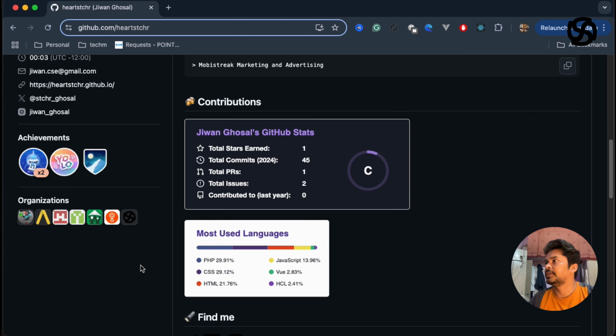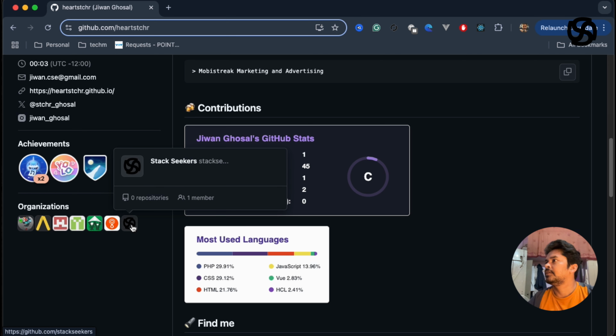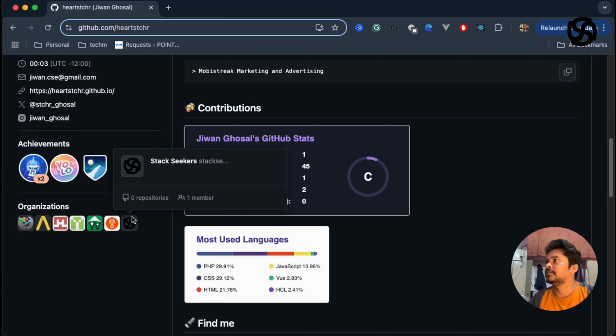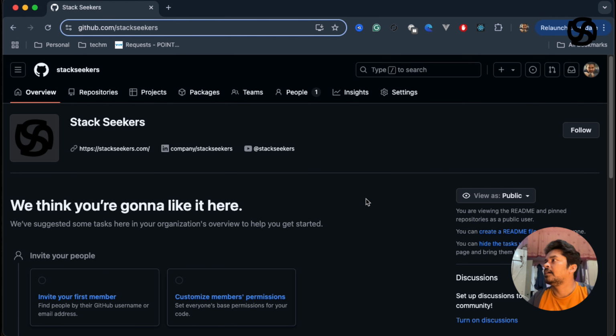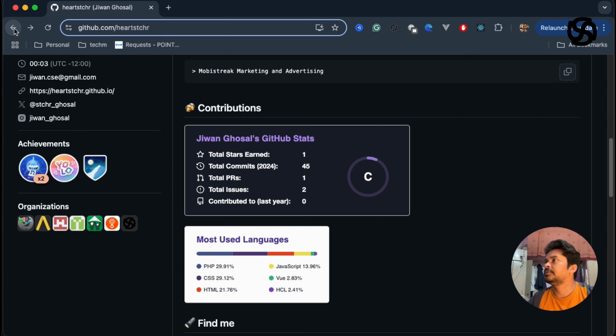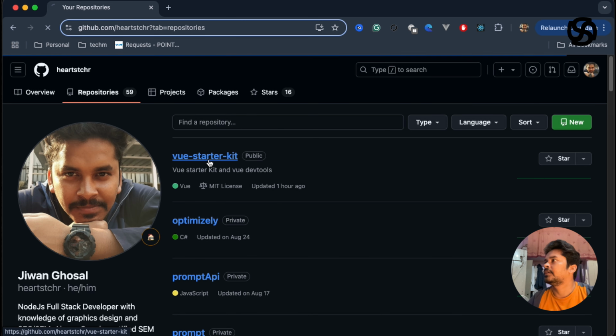Now I'll show you the organization I'm associated with, and this is the DESTV organization, which has 0 repositories now. So I'll be transferring this to it. I have access to this organization, and here I don't have any repository, it is empty. So let's go back to my repository, view starter kit,